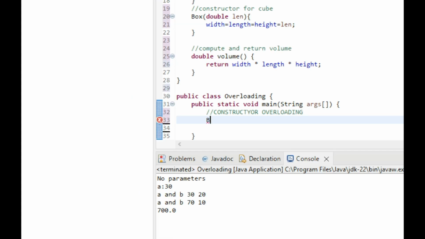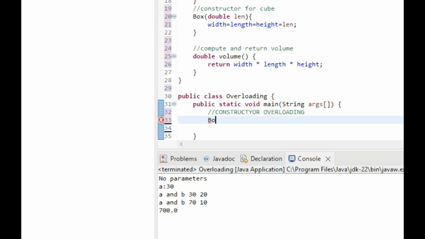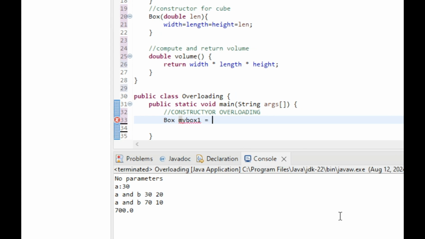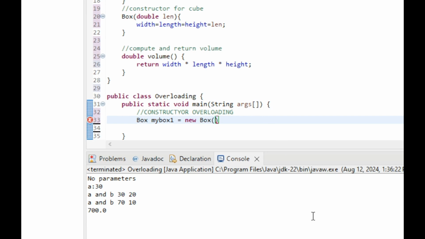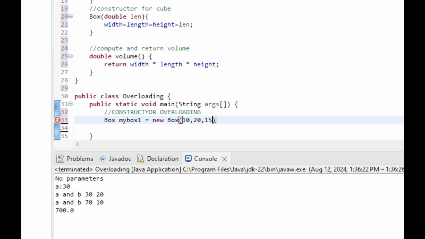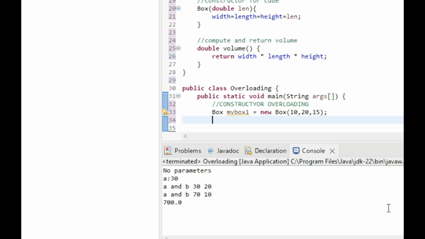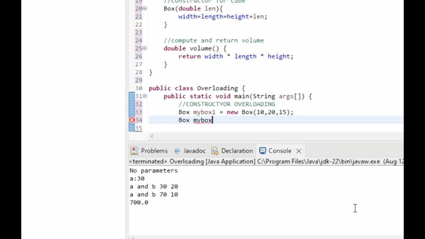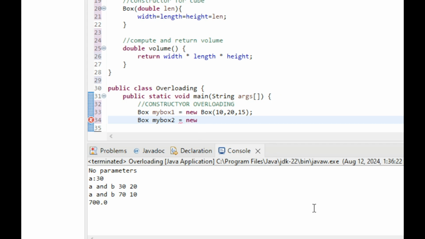So the first one, say Box myBox1 is equal to new Box, and for the first one we are supposed to supply 3 arguments. So we're going to supply 10, 20 and 15. Let's create another one. Box myBox2 is equal to new Box,